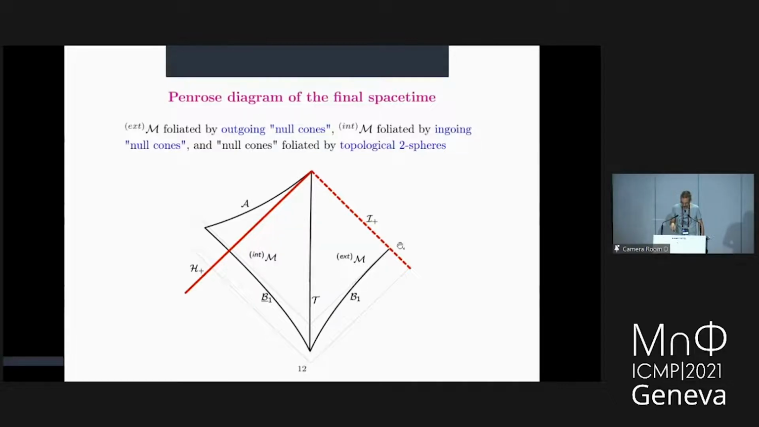Okay, now another observation is that there are apparently two different regions in my space-time. There is an exterior region, which is denoted here by M ext, and an interior region denoted by M int, and they are separated by a time-like